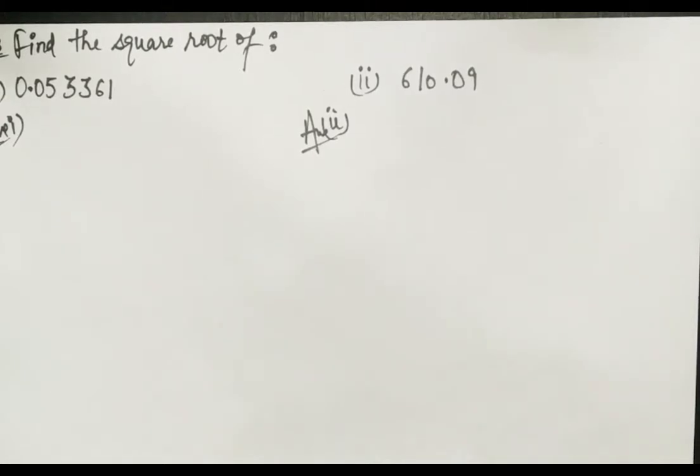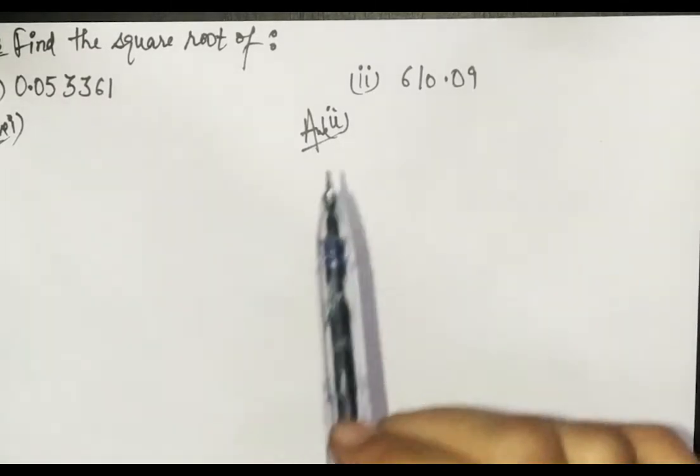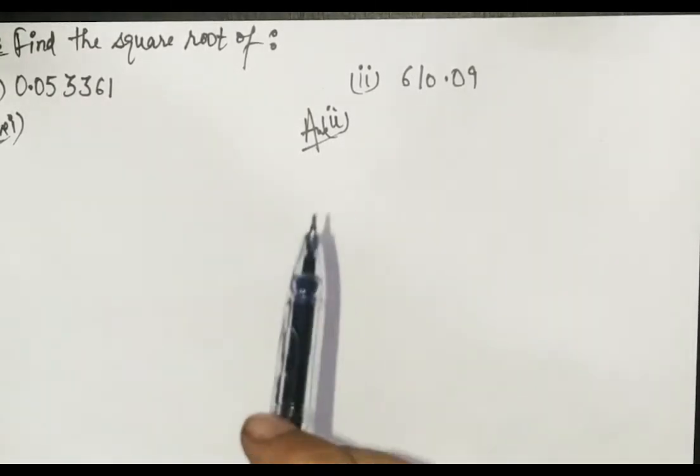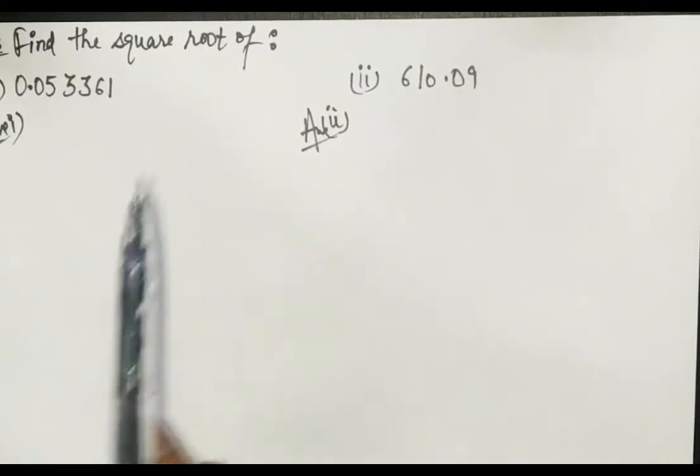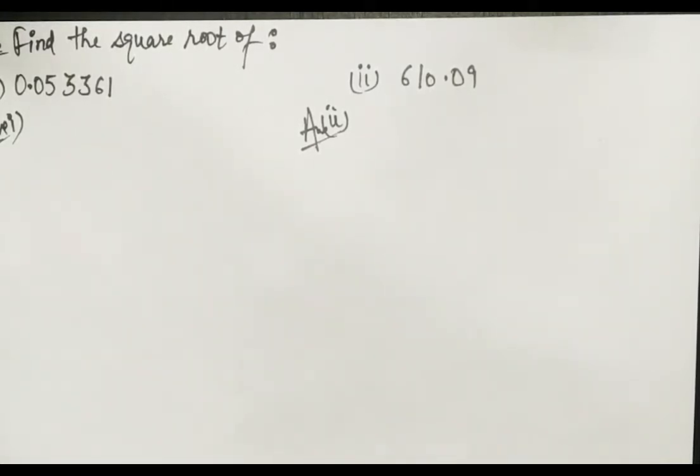This is quite similar to the second question only. Here also there are 5 parts and I am doing only 2 parts. So I think you will be able to do it by looking at this. The rest of the parts you can do on your own only. So let's move on to the first part. Here we just have to do the long division only.